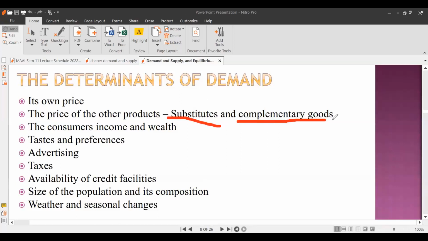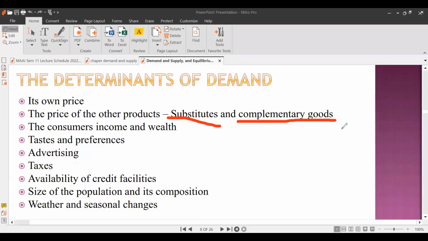The other one is complementary products. So what do we mean by substitute and complementary products? Substitute means that we can consume one good instead of the other, because both